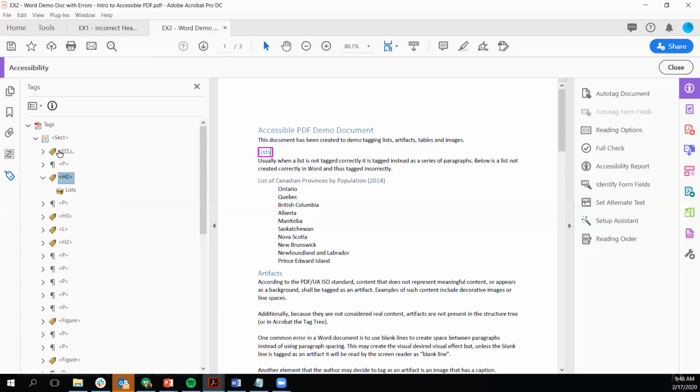That can be very tedious, depending on the document I'm working with, whether it already has tags or not, whether I have access to the source file, any number of things. Rather than manually adding tags, I will often utilize auto tag document. So doing this is going to overwrite any tags that are currently in the document,